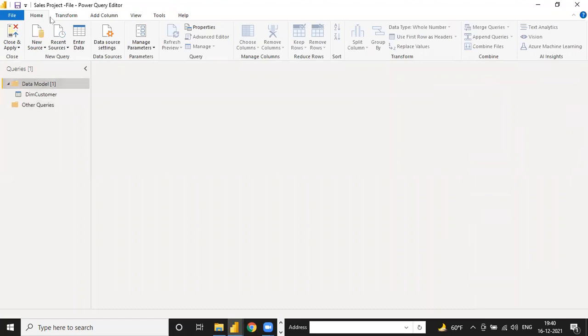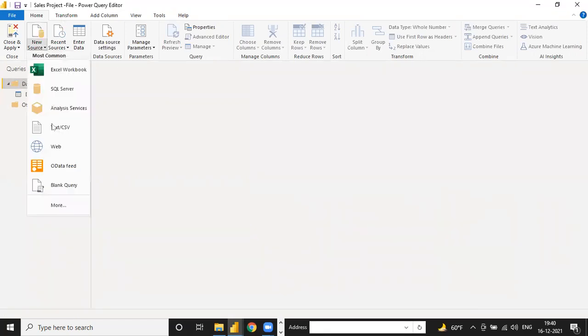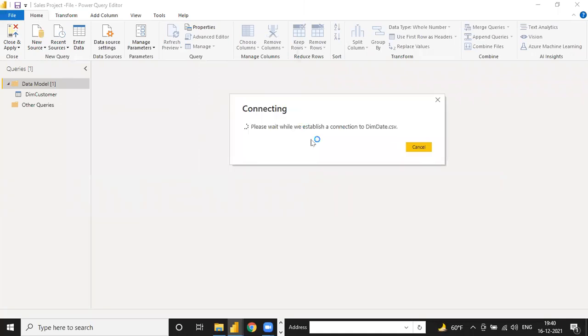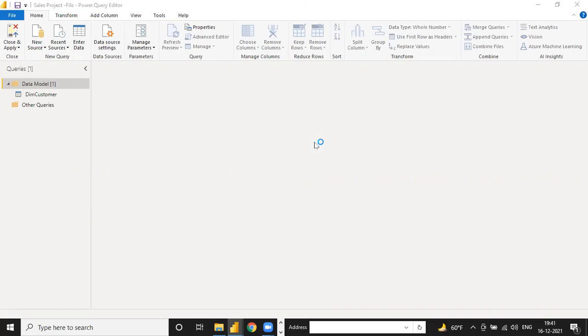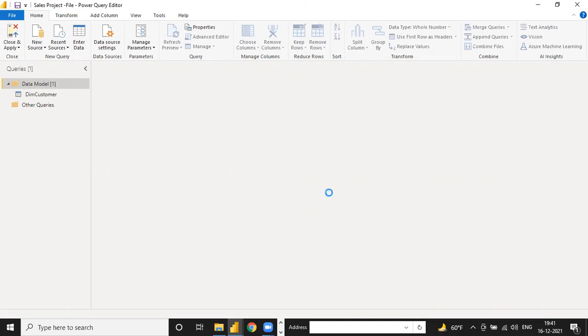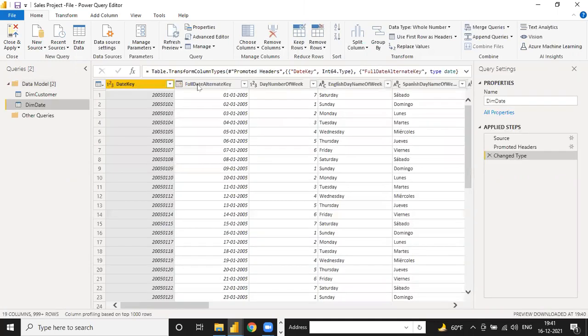And second thing, go to New Source again. You can select File, and this time suppose the date file. Just open. Follow the same steps which we followed for the customer. Select only those columns which you need, because sometimes you have multiple columns in your data. Suppose you connect your file with the server, you have to remember which columns you need, because a large number of columns will increase your file size. Suppose date key, full date key, go to Choose Columns and select Choose Columns.